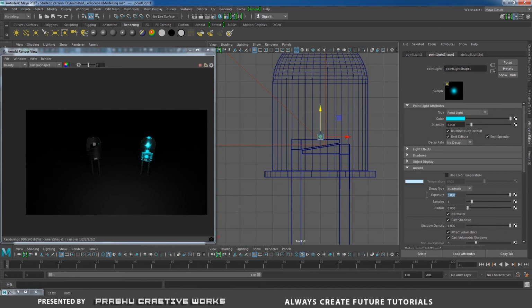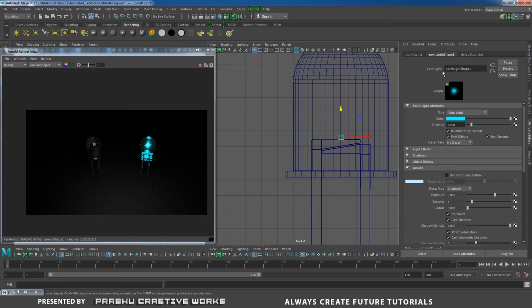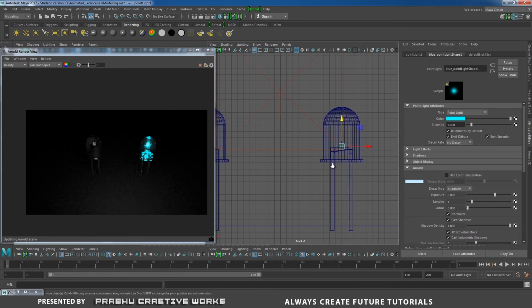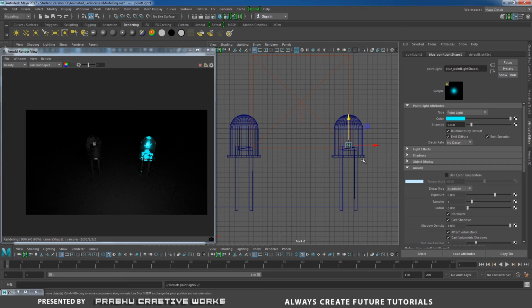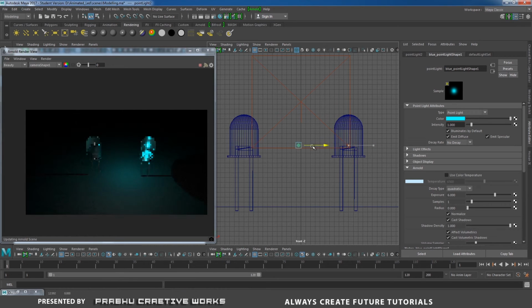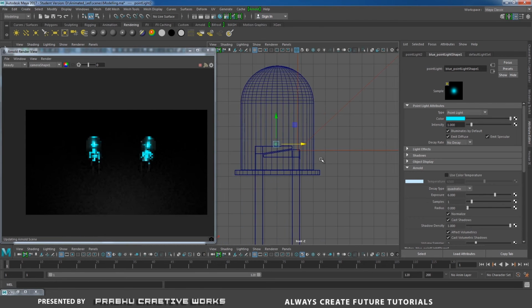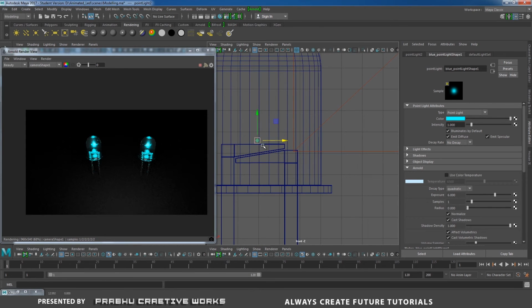I will increase my exposure a little bit, so I will give 6, so it's enough. I want to rename this light as blue_pointLightShape1. Now I want to duplicate this light, press Ctrl D and move this light to here, exactly above that steel.